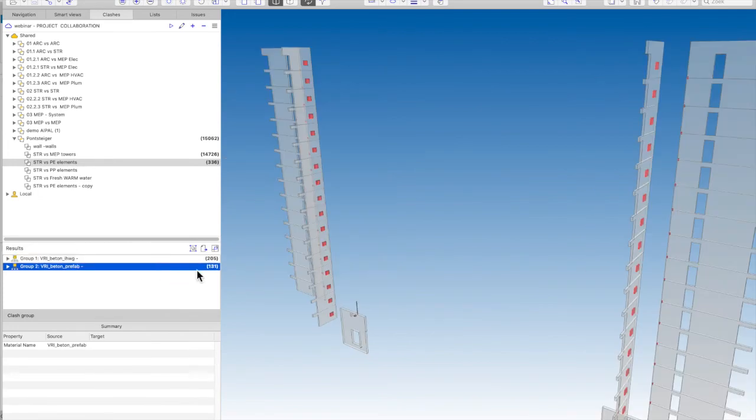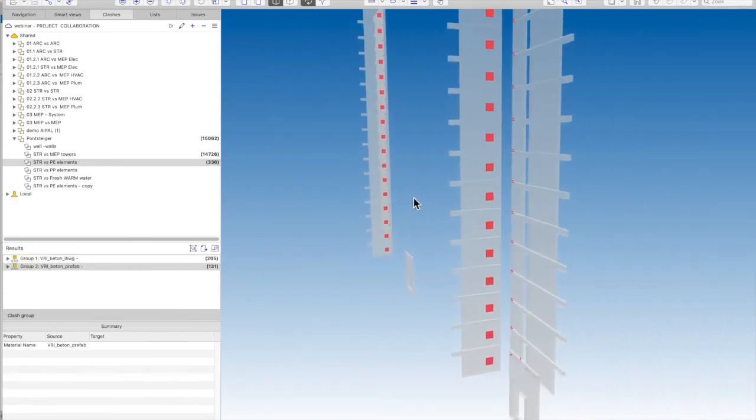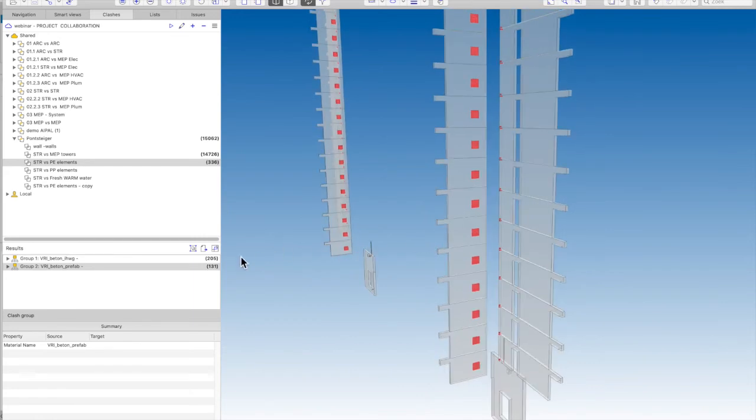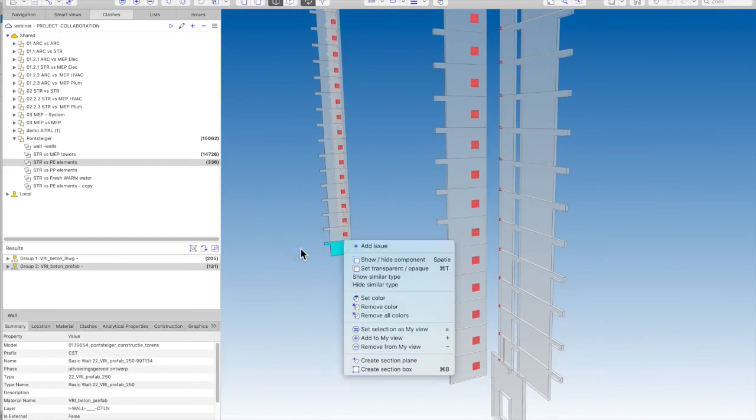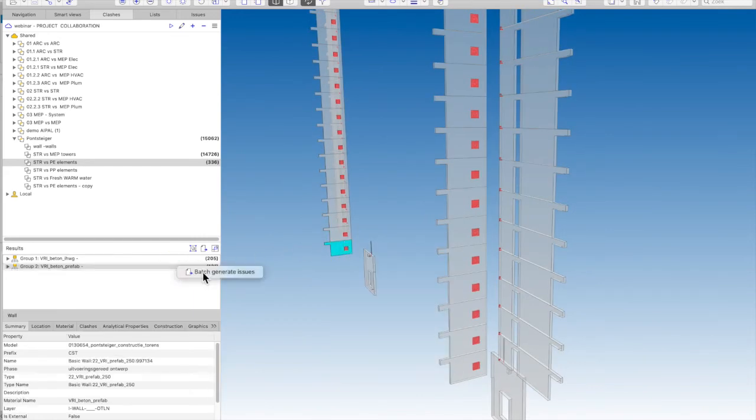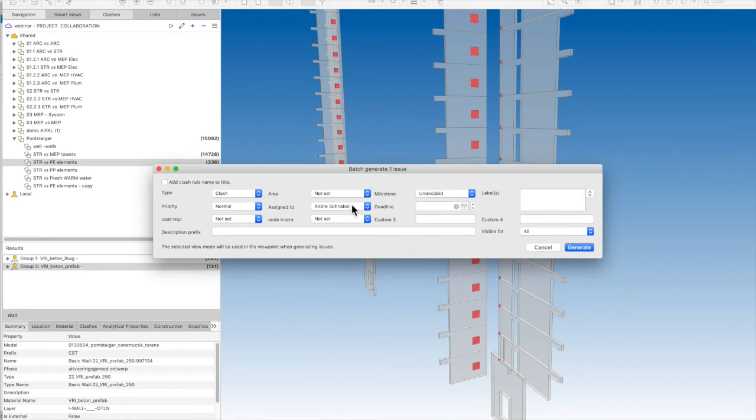This all is, of course, then again, understanding, sorting, and communication either on manual issues or on batch generation of the issues. And I will address Betty in this case, and I will make this an issue to the team, to Betty. And going now to Revit,